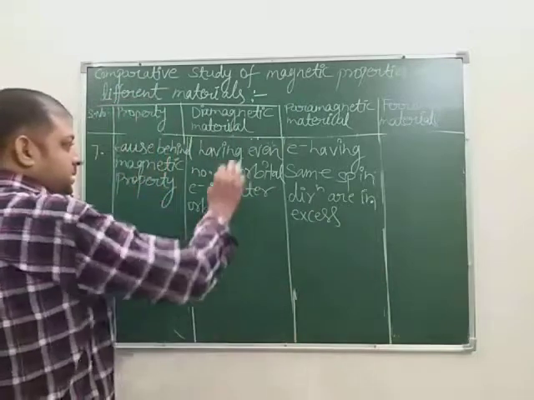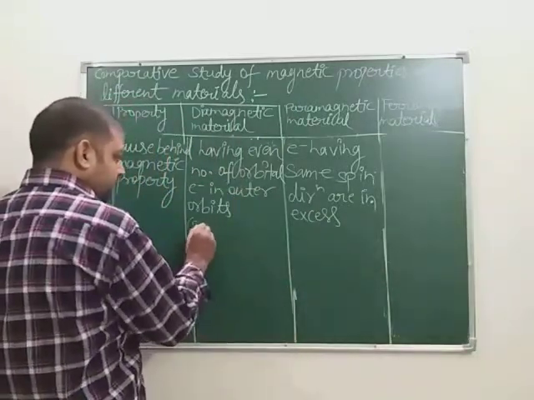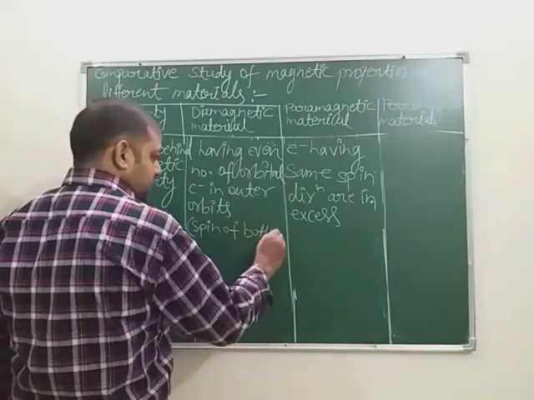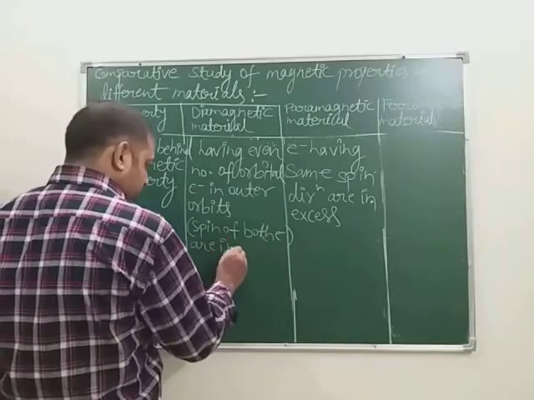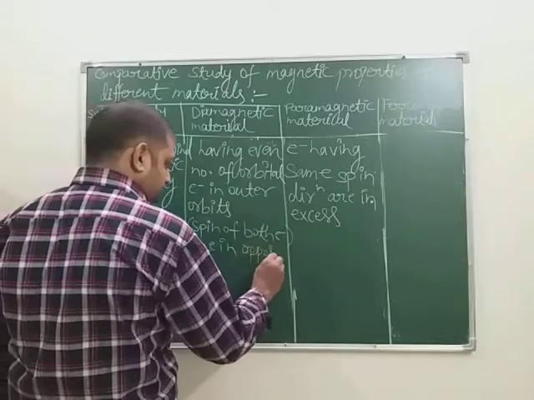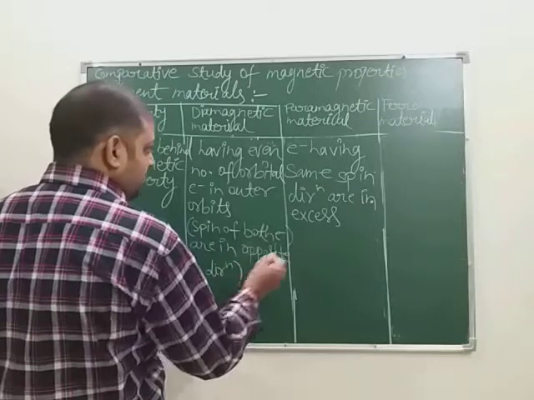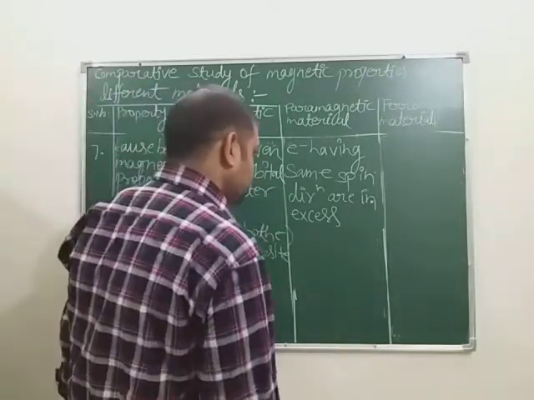Here in diamagnetic substances the electrons are in even numbers, and the spins of both electrons are in opposite directions. But here electrons having the same spin direction are in excess,